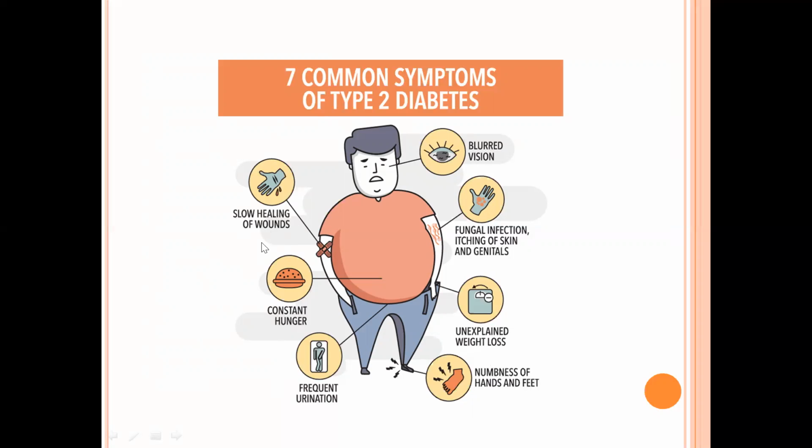So if there is no proper intake of glucose by the cells, then the high glucose levels in our body will decrease the functioning of B cells and T cells. So that's the reason the wound healing process will also be reduced, or they heal very slowly. These are the symptoms of type 2 diabetes, and it can be seen in people who are obese, and it can be controlled by doing exercises and taking a proper diet.